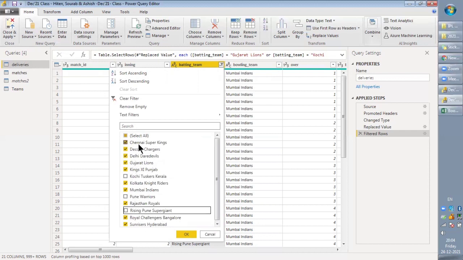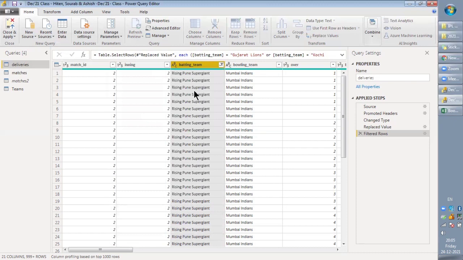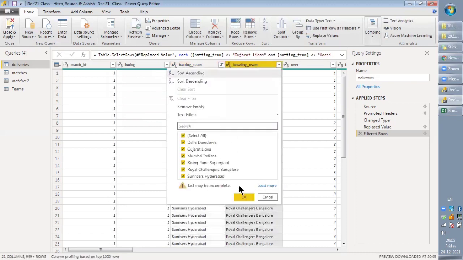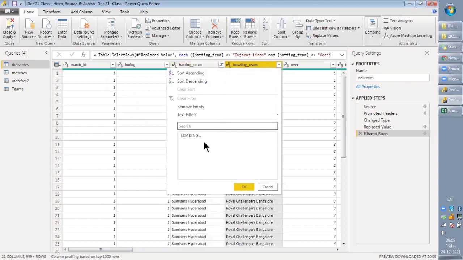Any other which we need to remove? Gujarat also. Gujarat, Kochi, Mumbai, Pune. Okay, and just click OK. All these rows will be removed. And now just come to this column and do the same here.